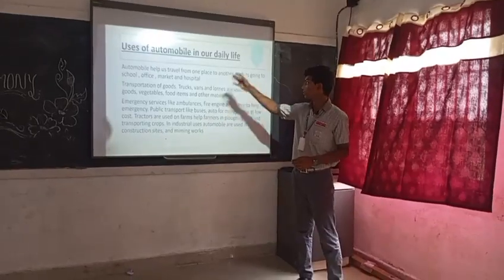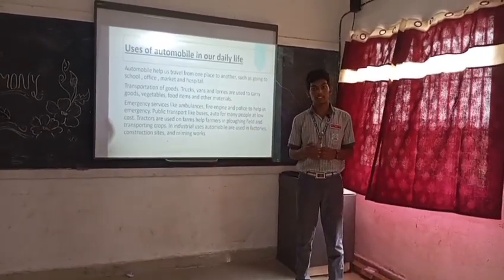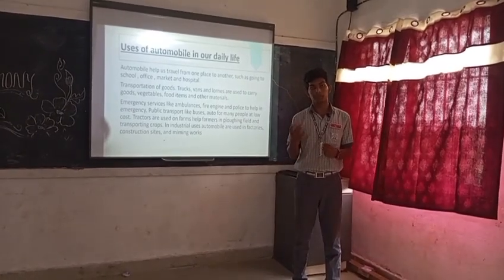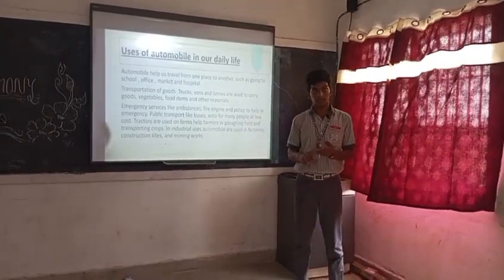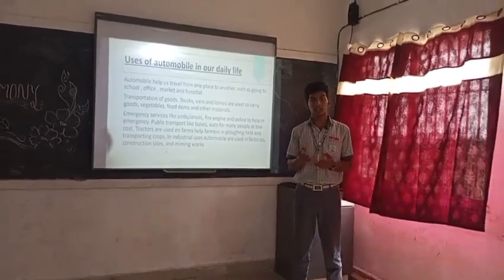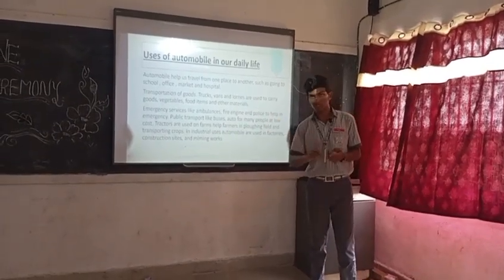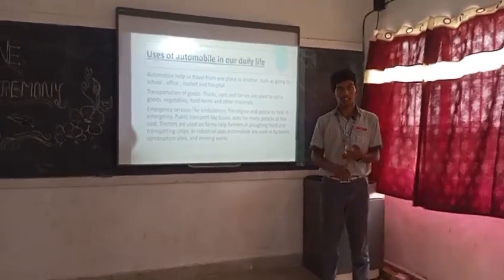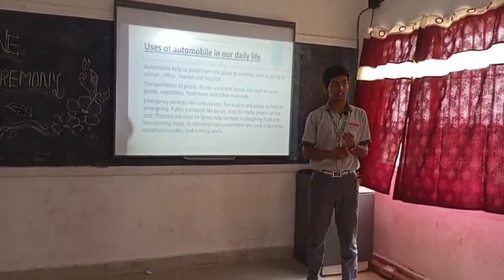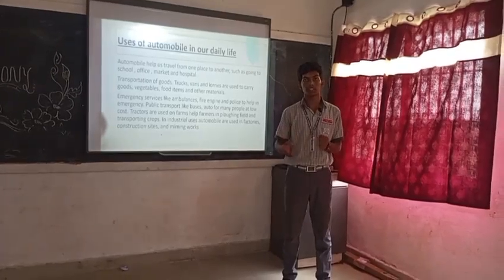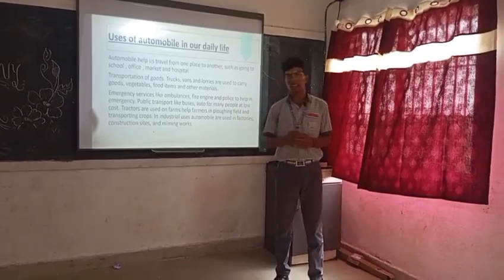Next, about the uses of automobiles in our daily life. Automobiles have made our travel easier from place to place. We use them to go to places like schools, offices, or the market with father, and for transport of goods by trucks, and transport of people by buses or autos. We use autos for transport from one place to another at low cost. And there are emergency services like ambulances,